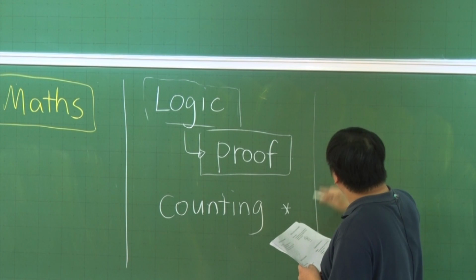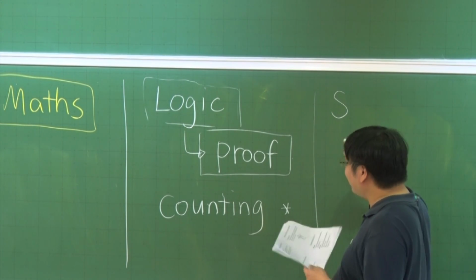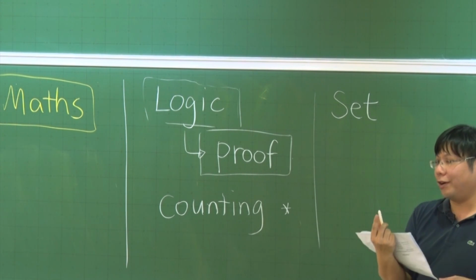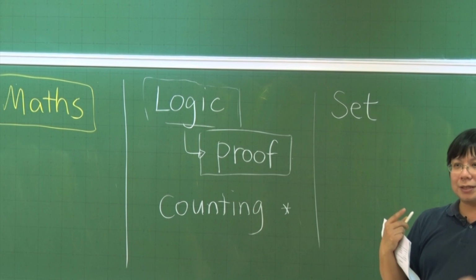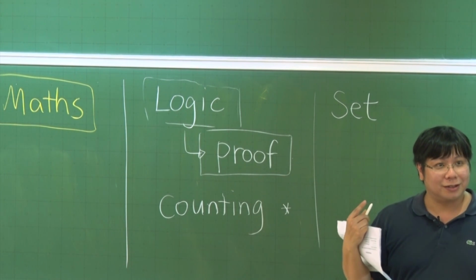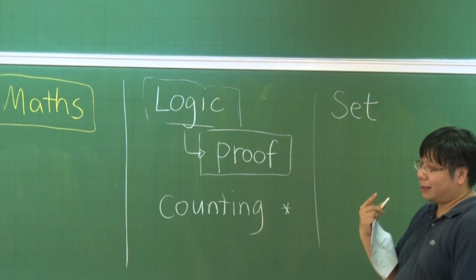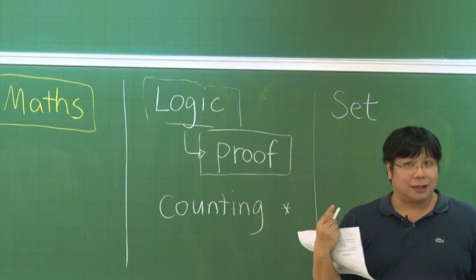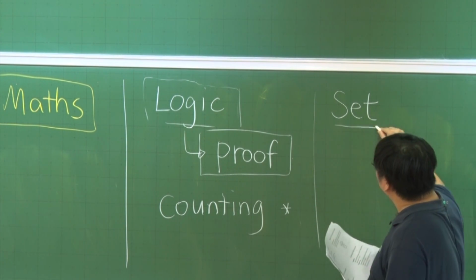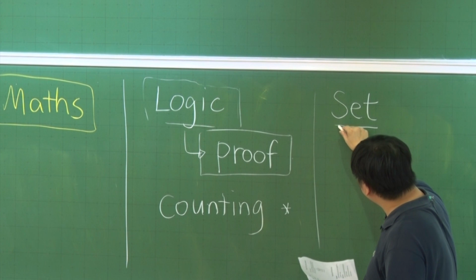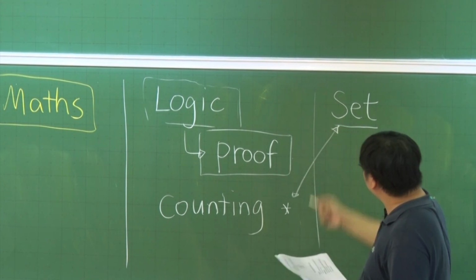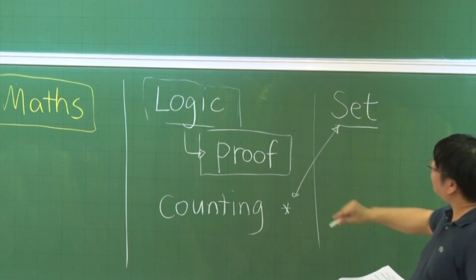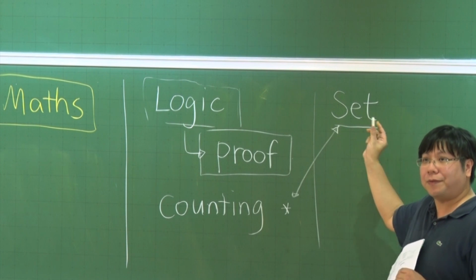And then we have a concept of some more complicated things, like we are going to define what is a set. A set is some collection of things. So the set of integers collects all the integers: 1, 2, 3, 0, -1. And the set of real numbers collects all the real numbers. Set has some relation with counting and to the understanding of some things. It is difficult to explain at this stage, but this is something that is very, very useful